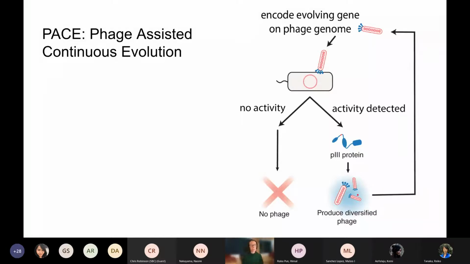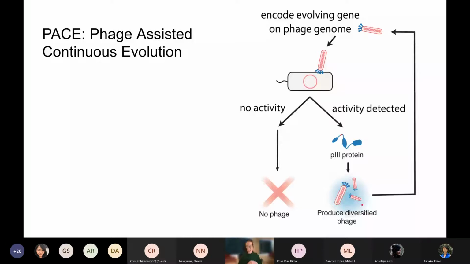And indeed, in this cycle that's set up on the right side of this diagram, you have all of the essential components for directed evolution. You have selection, so you have the bacteria distinguishing between proteins that don't work and do work. And then you also have diversification. So when the phage genome replicates to produce progeny phage, that process is error prone and can introduce mutations into the gene. And so PACE altogether can be used to evolve kind of any protein